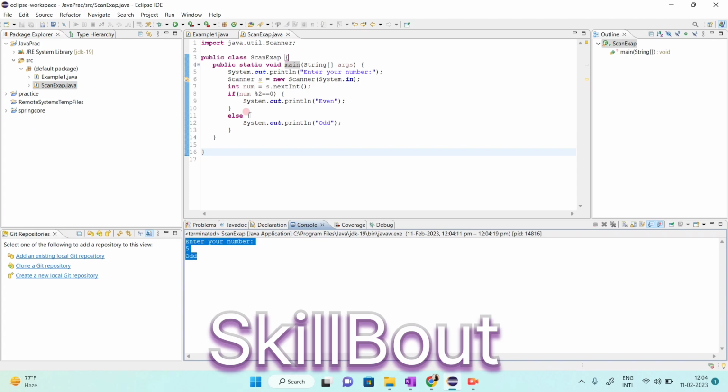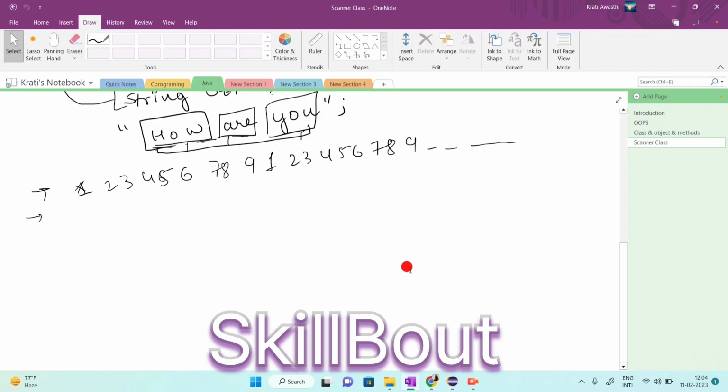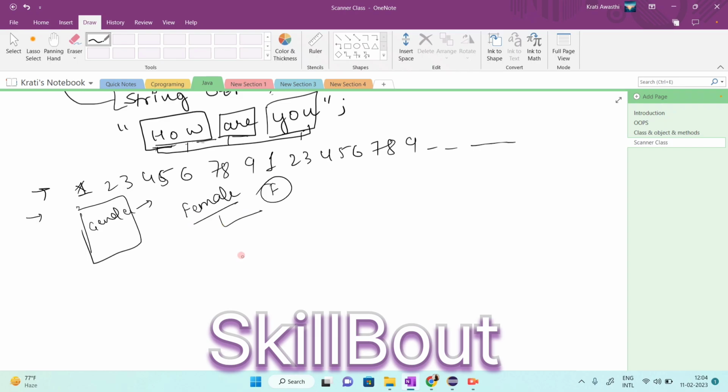There is one more thing. Suppose someone has created a program and it is a form, it requires some data, and there is one field, gender. Some people will type female as a gender, or some will type F. The first solution to this problem is to just define in the statement, like "Enter your gender in the form of F or M." Or if there is no specification, to avoid this situation, what we have to do is